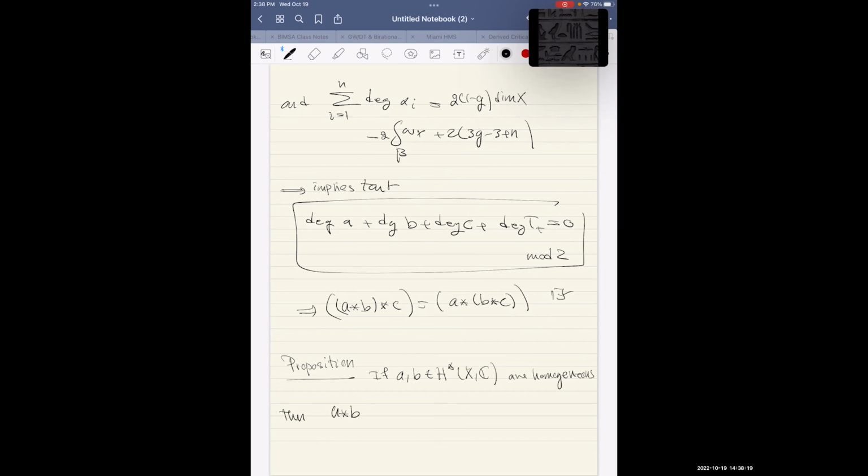A cross B, I keep saying cross, A star B, is the sum over L of CL, where CL are homogeneous classes such that the degree of CL is going to be degree of A plus degree of B mod 2. Moreover,